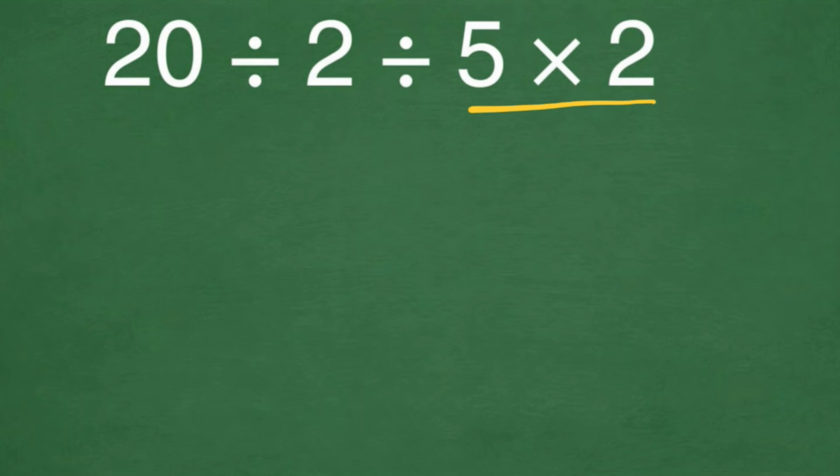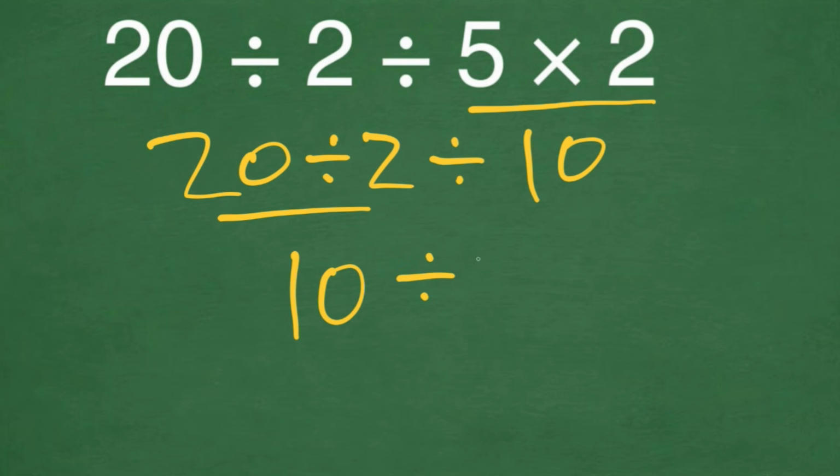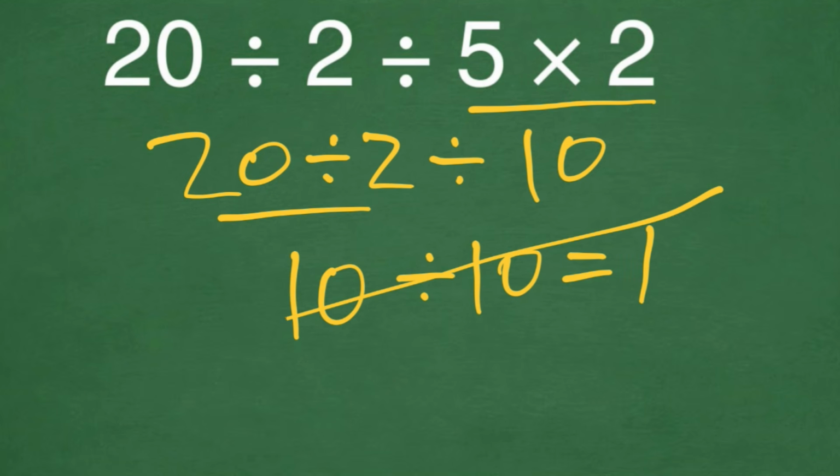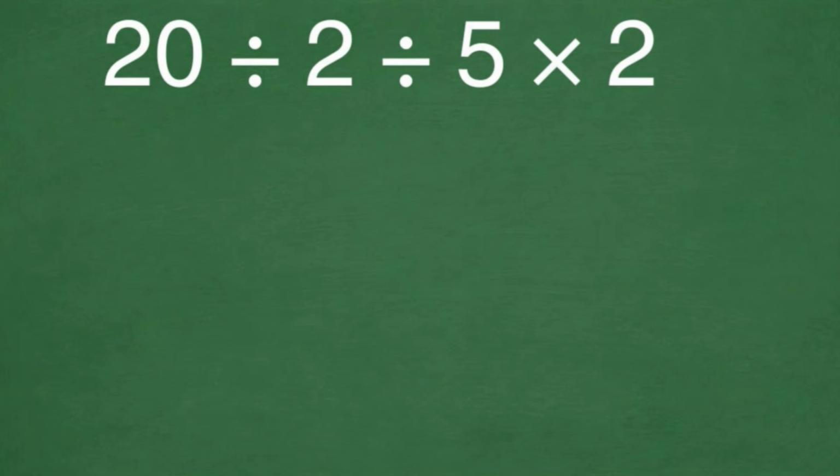5 times 2 gives us 10, and 20 divided by 2 divided by 10 is going to be the equation. 20 divided by 2 gives us 10, and 10 divided by 10 is equal to just 1. But this answer is not correct, because according to the order of operation, which I am going to write here,